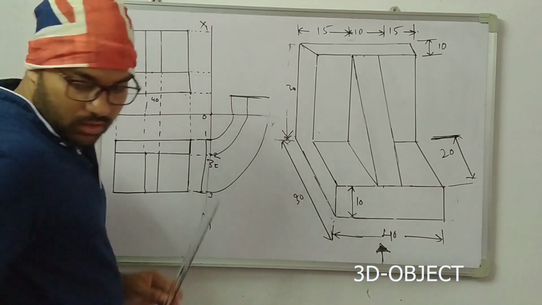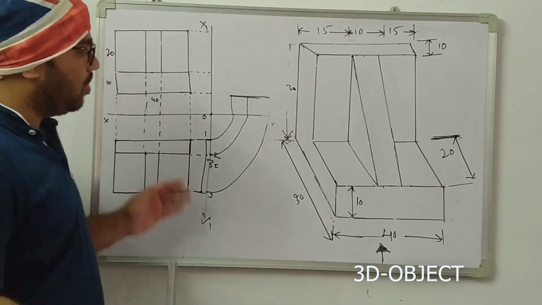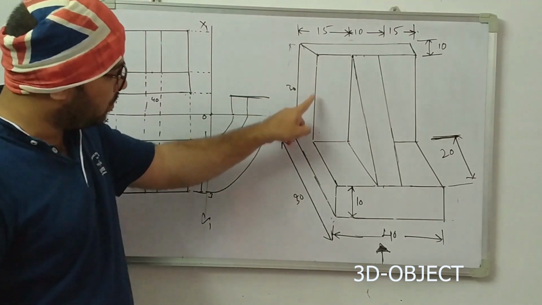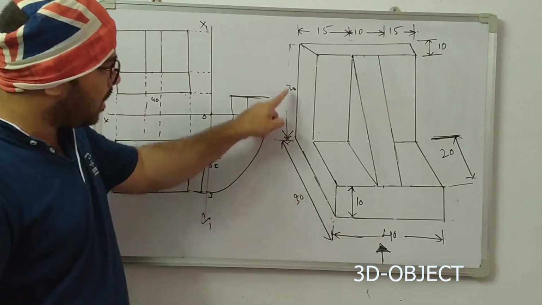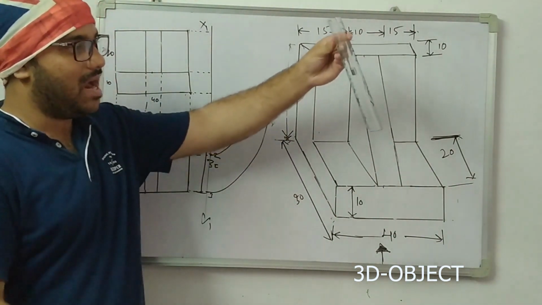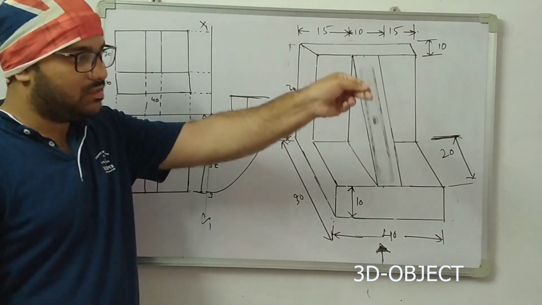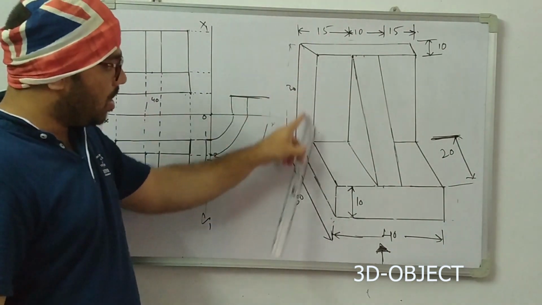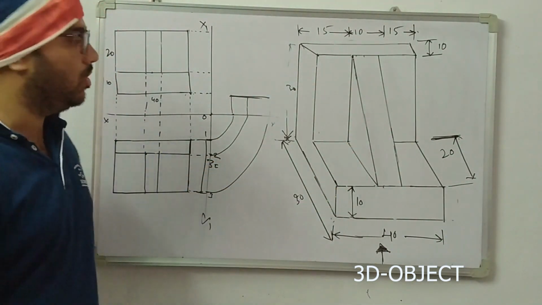Simply draw the line. Now see what side view you are going to see. This is the L shape, the L shape with the slant face. This is a slant face. Whatever the slant face is, that is what I am going to see. Along with the L shape, the slant face will be visible.